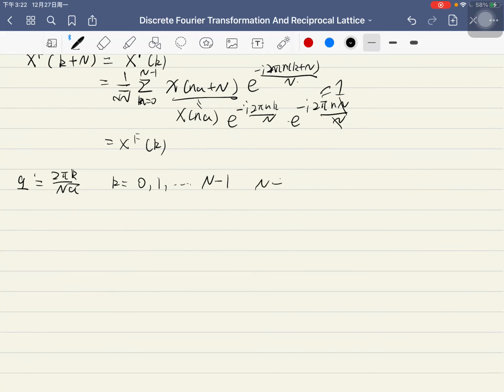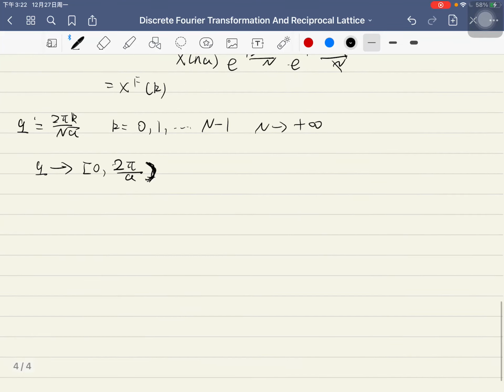If n goes to the limit, q can take the values from 0 to 2 pi over a. This is the open interval,